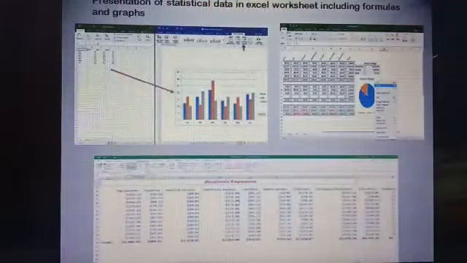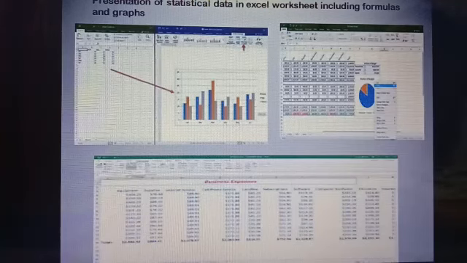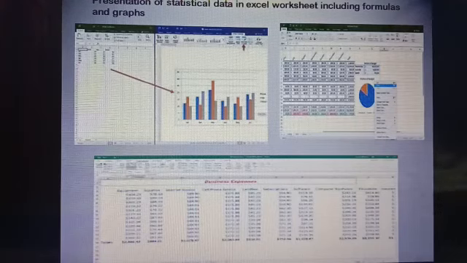Here we have various pictures in this slide where we are able to see various Excel worksheets. In the very first worksheet, we can see the statistical data. On that basis, we have a graph. On the other side, we have a graph that we call a pie chart, and on the next side we have various statistical data. This pie chart is based on this data. The last one is a picture where we are implementing various types of formulas, and it is quite easy for us to highlight even the totals. Such features are easily available in Excel worksheet.